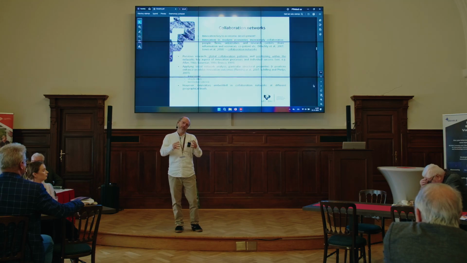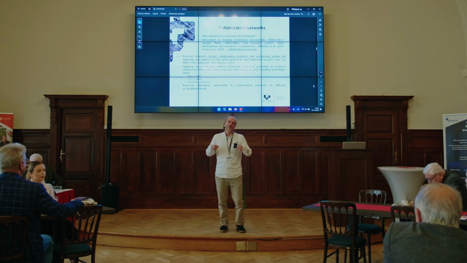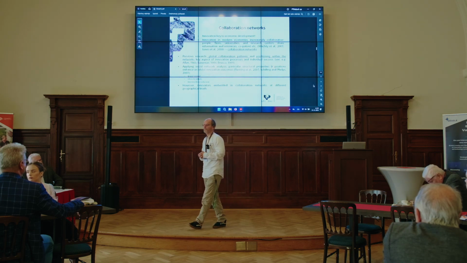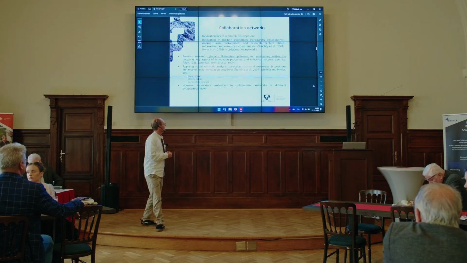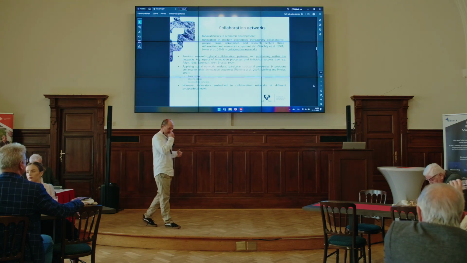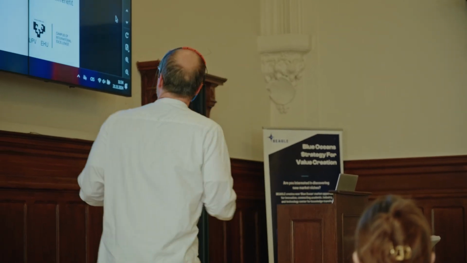Okay? If I represent every innovator or every scientist as a node and collaboration as a link, this generates what we call a collaboration network. Okay? So there is a large literature in many fields, particularly in management, I would say, that analyzes these collaboration networks. Okay? And they show that they are important.